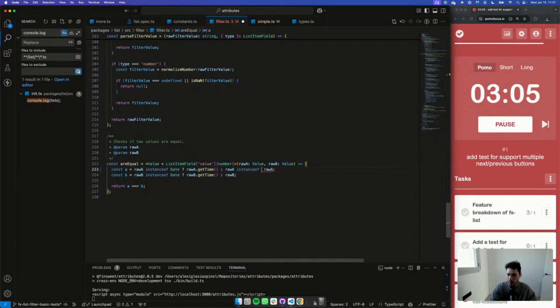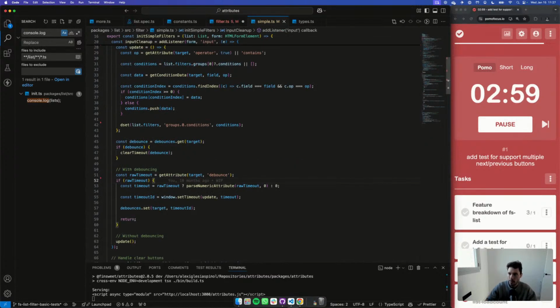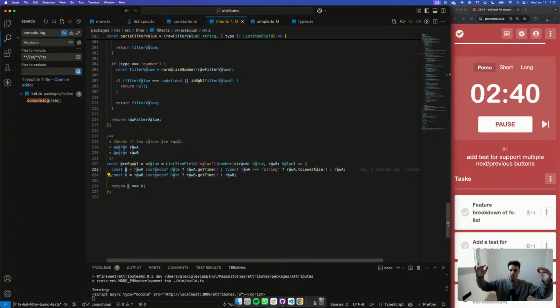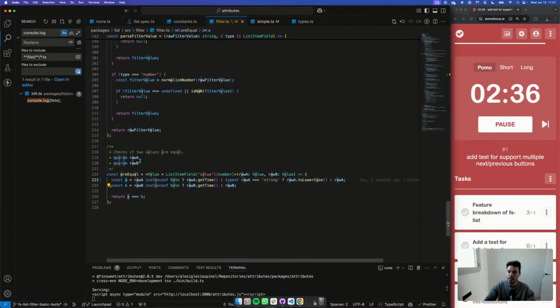No, typeof, come on, typeof row A is a string. Then we're going to set this to lowercase, like this. Correct. And we want to do the same thing for B. So essentially, when the values are strings, we're always going to make them lowercase, so it's easier to compare.